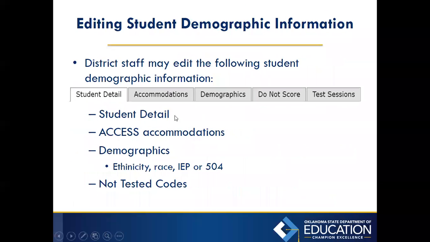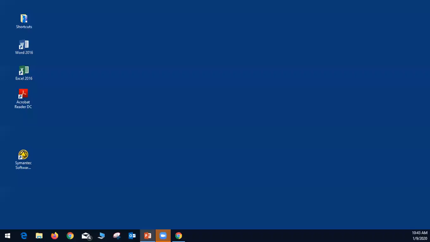On here, on the do not score part for that student, you would just put do not score for that domain that the student will not be able to take. Sorry, I'm trying to pull up the